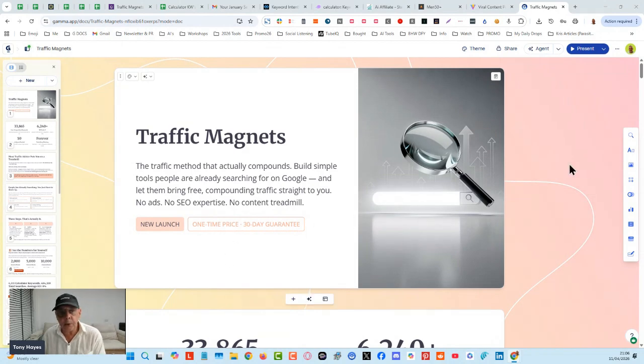So we've been working on a tool that I've wanted to build for a long time. Because of past experience, we've done pretty well with websites that have got tools. What I'm going to show you here is all real stuff. There's nothing made up, nothing fake about it. I'm going to show you some live stuff, keyword research, search volumes from SEMrush, and just show you some examples of what can actually be possible.